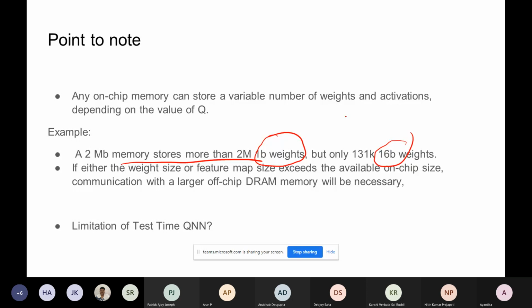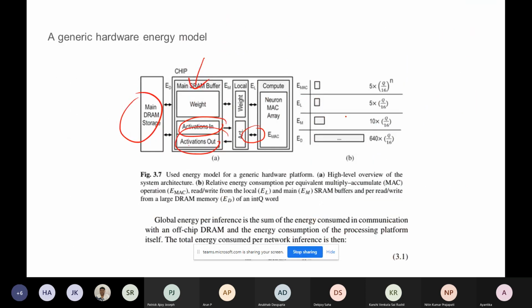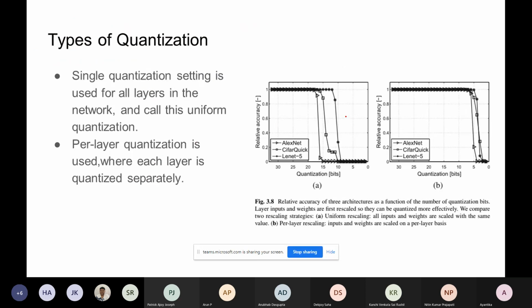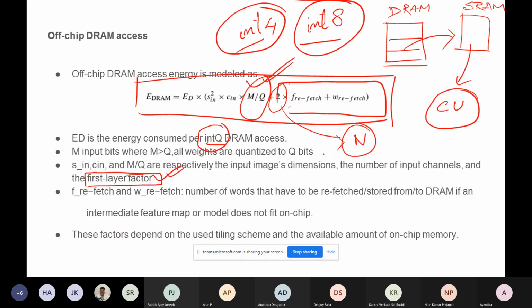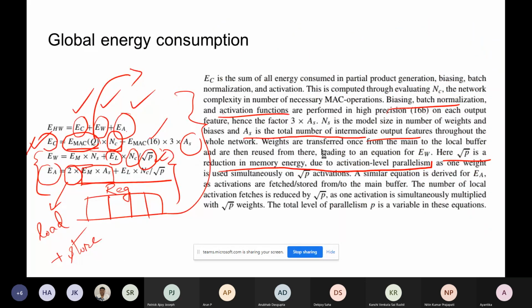Okay. So one graph we were discussing here. Yes. And here we have observed that for a sudden change, we have to increase or decrease this quantization bit slowly. For a sudden change, your accuracy may change abruptly. This is one thing. That means when you have decided not to do any quantization in your training part and you are applying quantization only in the test part,